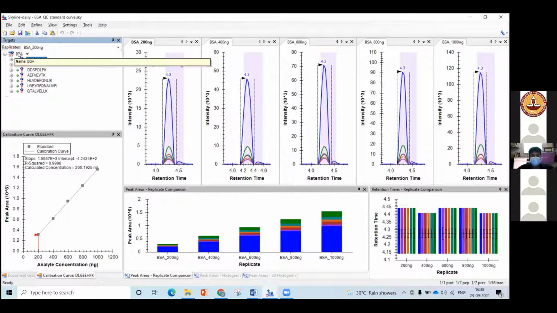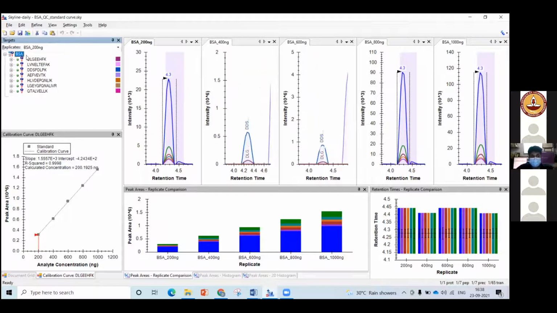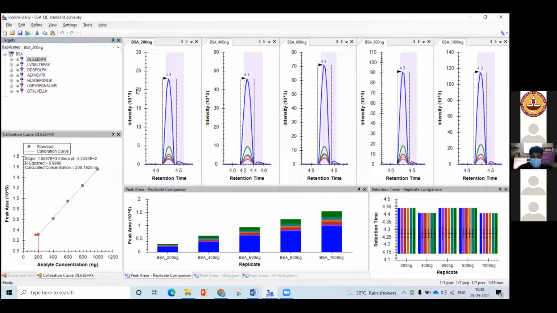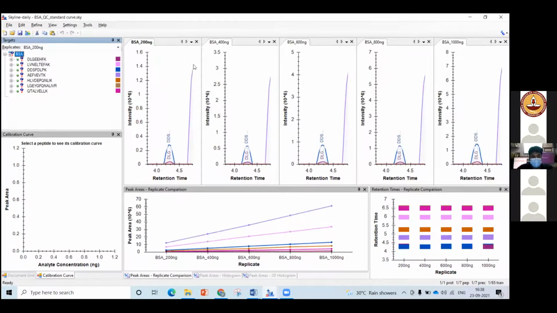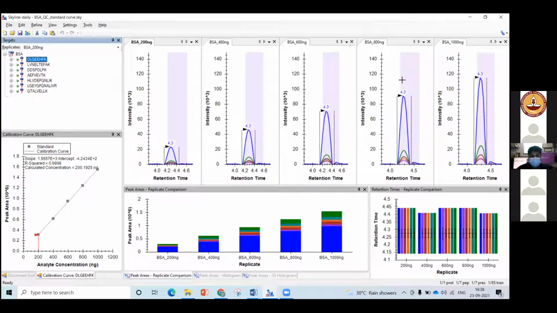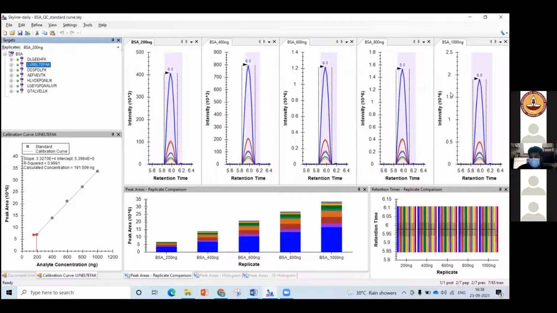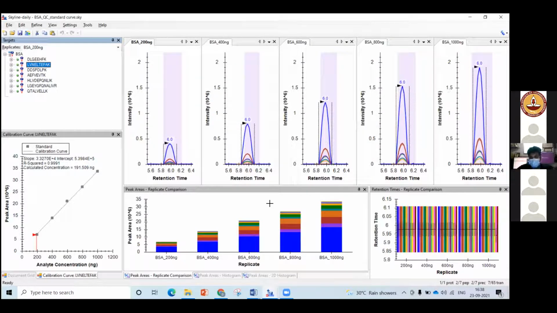For example, in most of the cases we are using BSA. As you will understand, even for doing a Bradford assay we need a standard, right? And we use that standard to check the concentration of the unknown. Over here, we use this when we are using BSA. We are trying to see how this particular peptide is coming when we are injecting BSA at 200 nanogram, 400 nanogram, 600 nanogram, 800 nanogram, and 1000 nanogram. Not only for one peptide, we have seen this for most of the abundant peptides that we get in BSA. So as you can see,